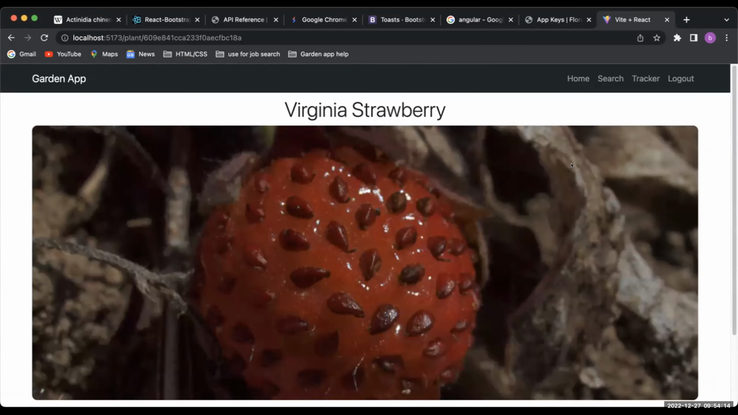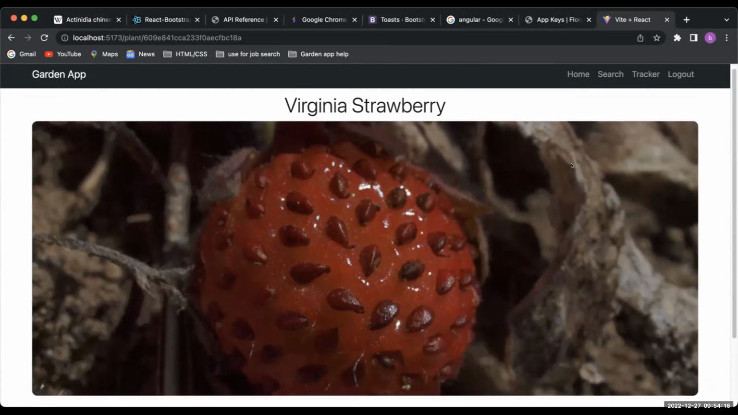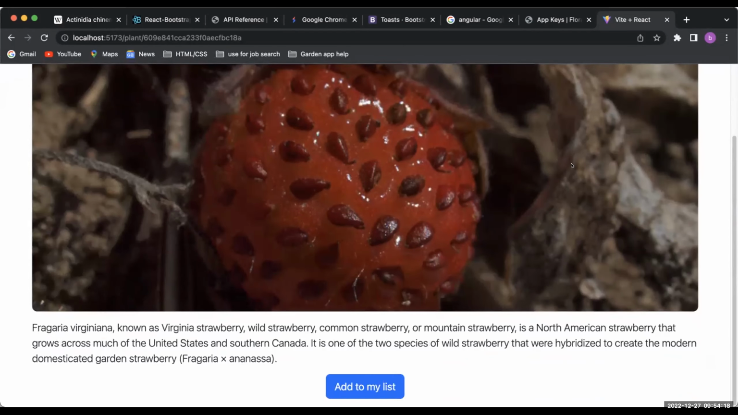Awesome. That looks like a scary strawberry. I've never tried it, so